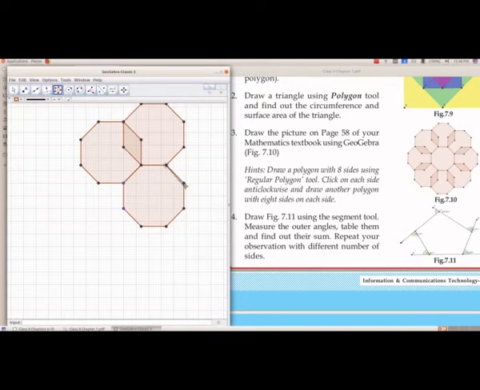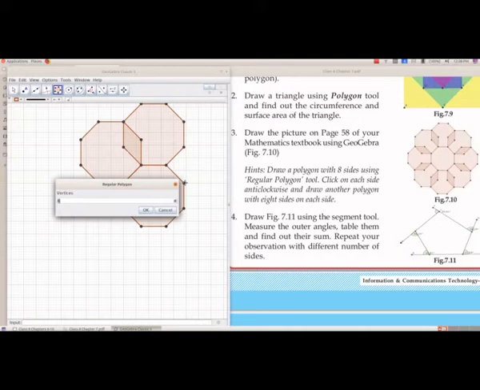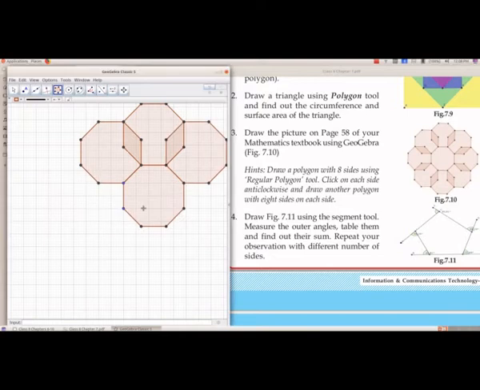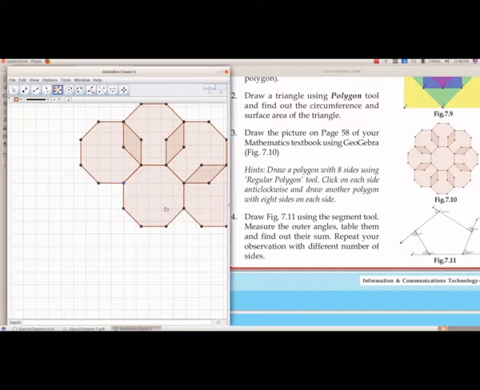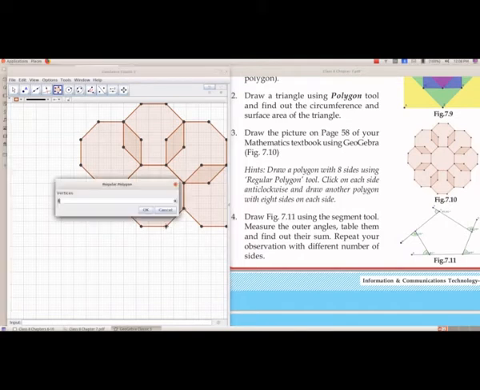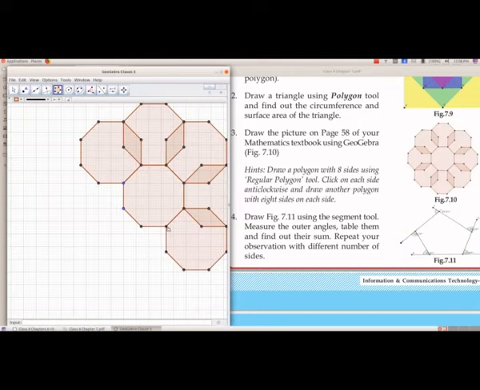Since we have selected regular polygon only, we can select like this. If we have selected any other option in between, then from group 5 we have to select regular polygon and then we have to continue. Here we have to move, that we will do afterwards. Otherwise we have to select regular polygon from group 5 once again, and now